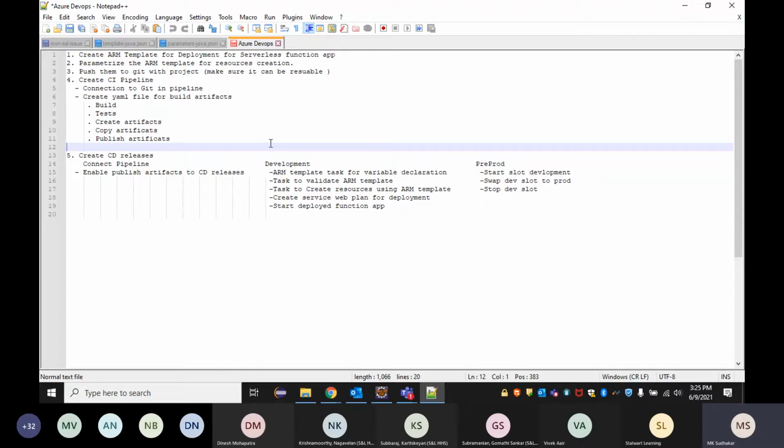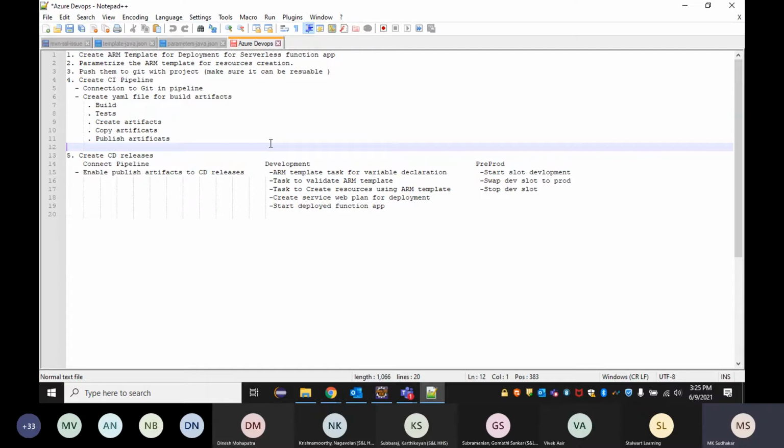There are two types of creating the pipelines in Azure DevOps. One is with the classic editor and the other with the YAML file. I'm going to show with the YAML file because it's very important rather than a classic editor. See, a classic editor cannot be reused, or it can be deleted by some other people easily, and we cannot revert it back. But a YAML file is something which is in code.